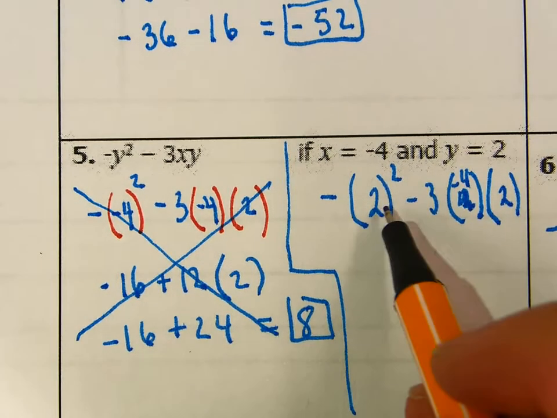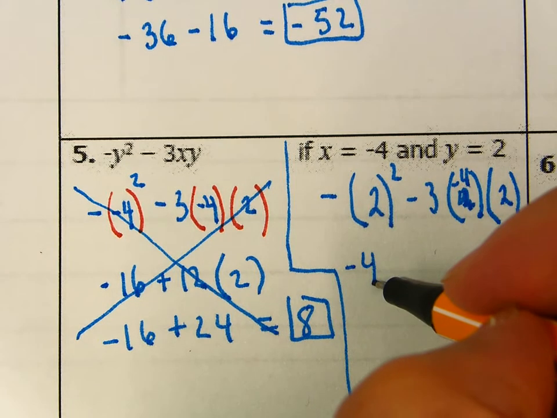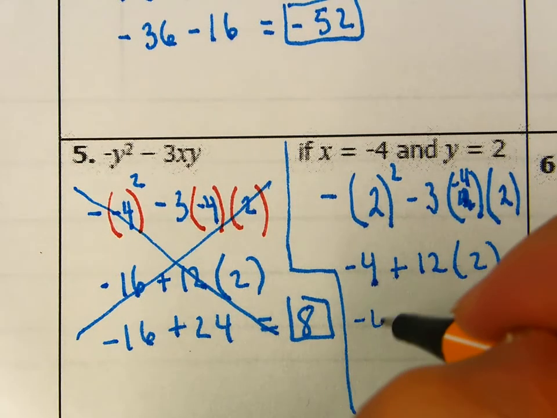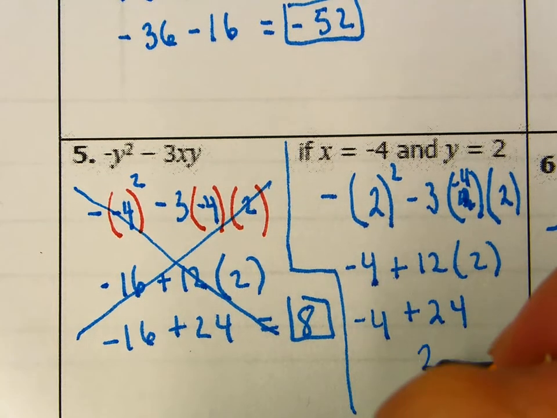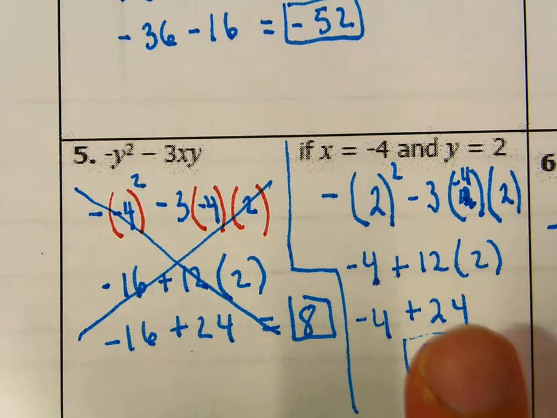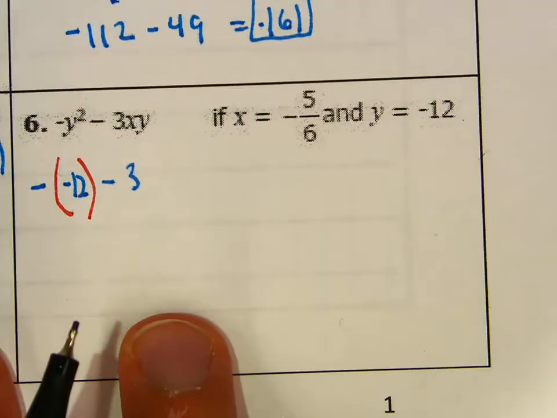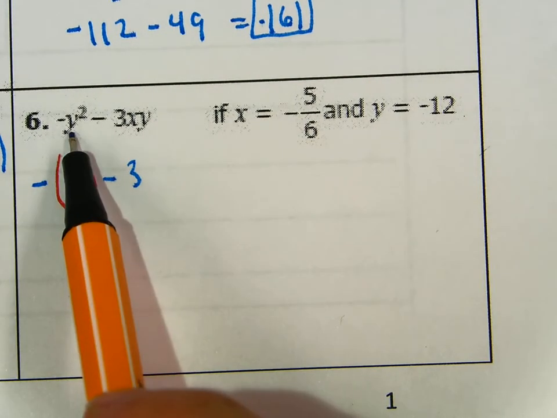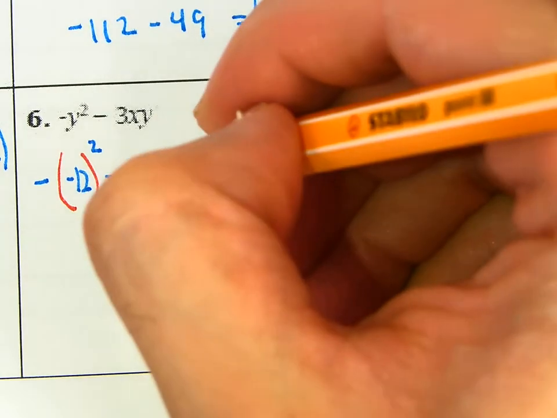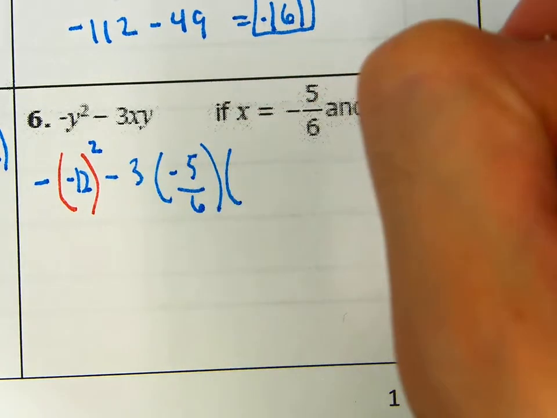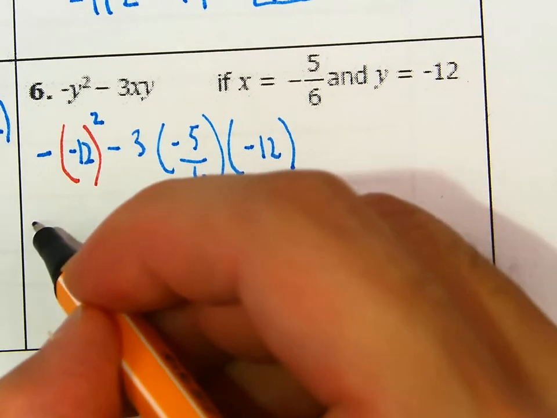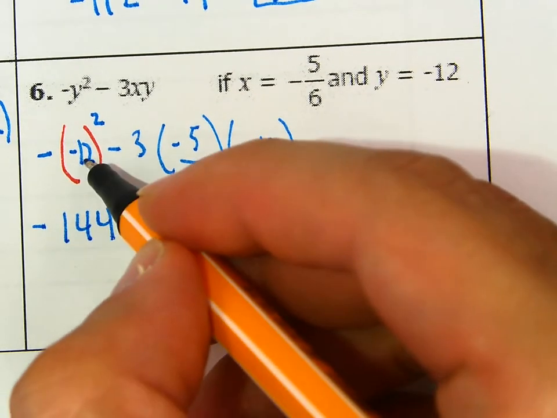All right, so then how would I do this? This would be negative 4 minus 3 times minus 4 is positive 12 times 2, so negative 4 plus 24, then that should be 20. Okie dokie. Now this one over here with the fraction, let's take a look. This is negative, we're gonna do y squared, right? So it's the square here minus 3 times, what is my x value? Negative 5 over 6 times a negative 12, and then this becomes, how would I do this? This would be negative 144 because we have negative 12 squared